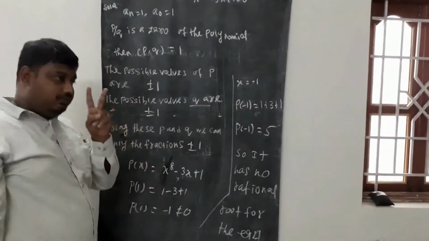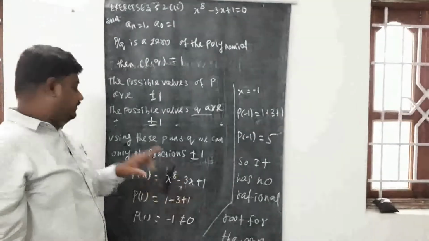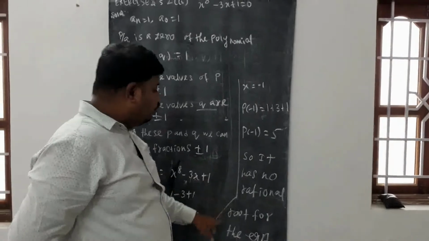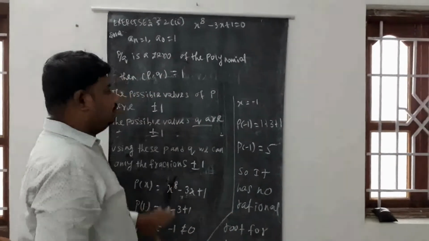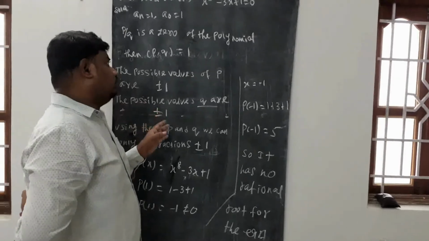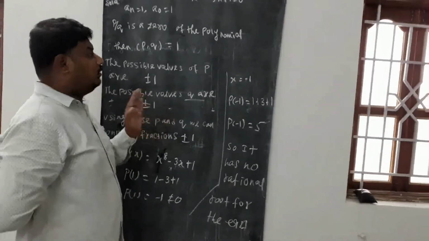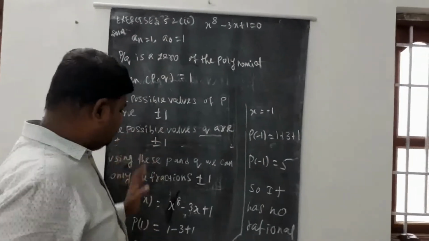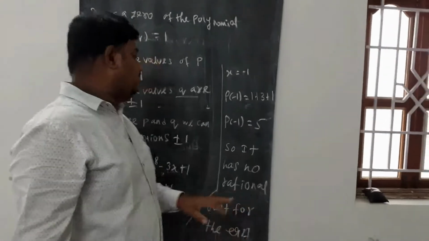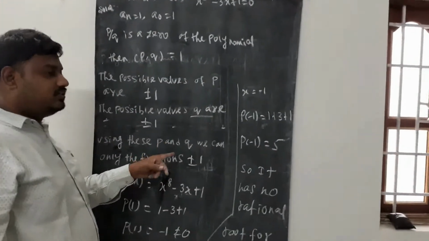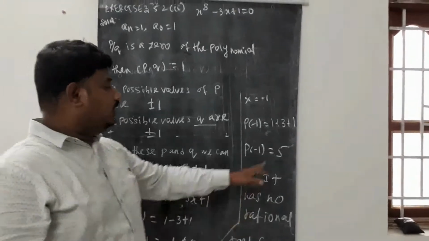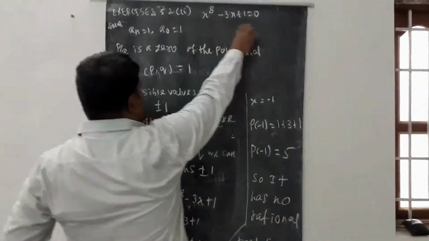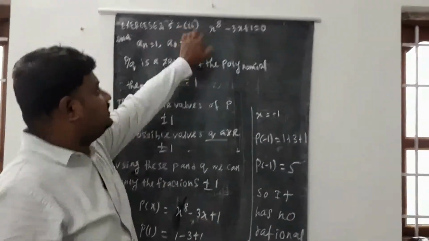Here, by the rational root theorem, we have two possibilities: one is plus 1, another is minus 1. We substituted plus 1, not equal to 0. The minus 1 is also not equal to 0. Therefore, it has no rational root for this equation. I told you in the introduction class, it is only a possibility, only guessing, maybe not an exact solution. That's why here also it has no rational root. The two possibilities failed, because neither value equals 0. Therefore, there is no rational root for this equation.